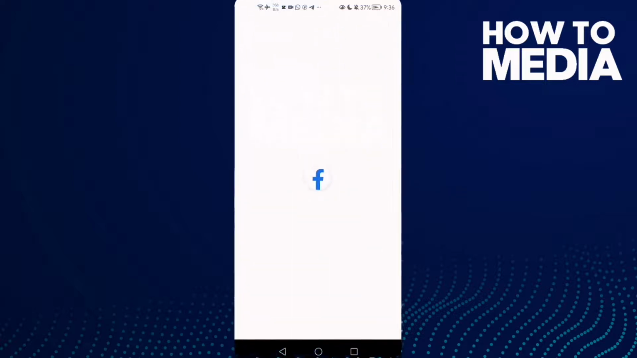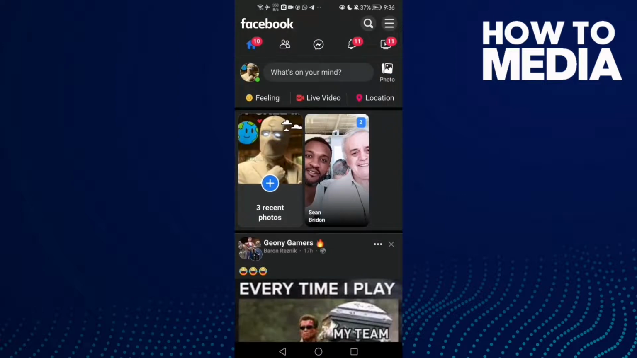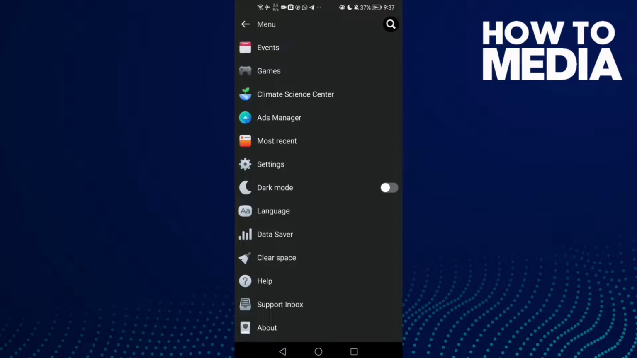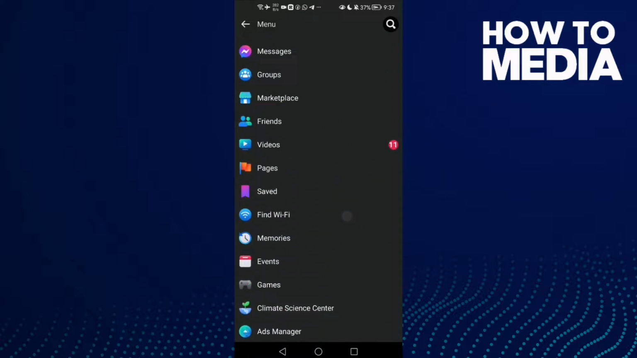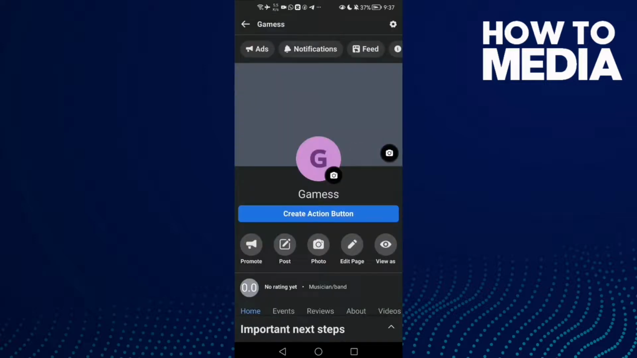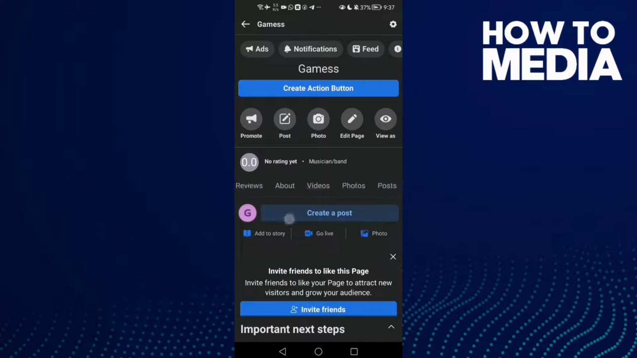First thing, go to Facebook Lite. Here you will find these three lines in the top corner. Click on it and then go down until you find settings, pages, and here just select your page, and here you will find posts,